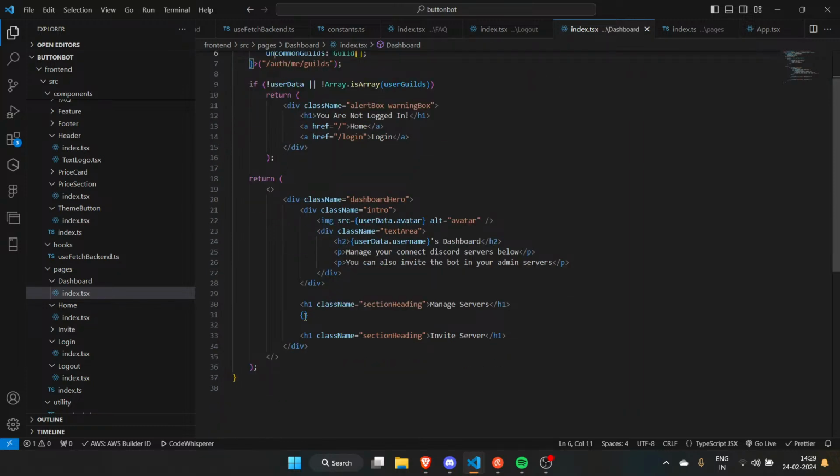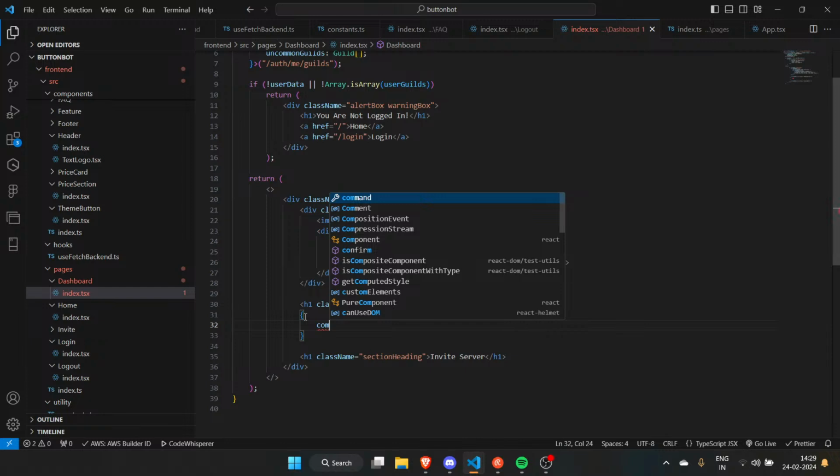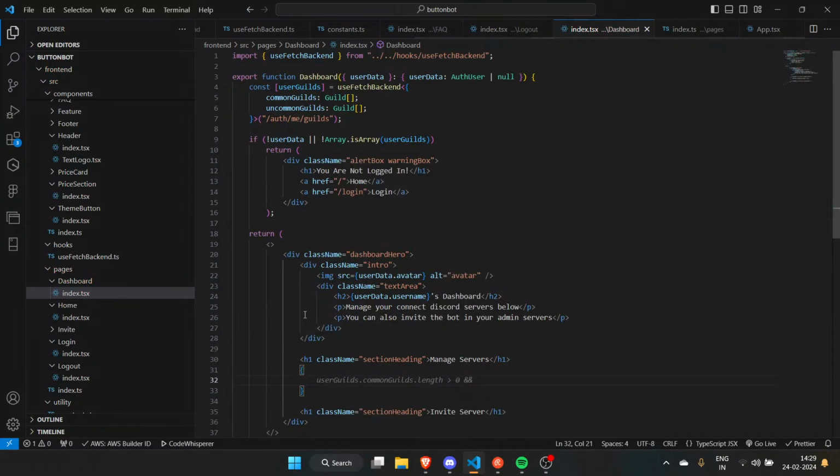That's very sensible. So then the question is, if common, sorry, what is it called? Guild data. I guess I can remove that, to be honest.